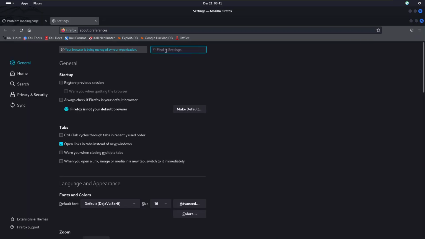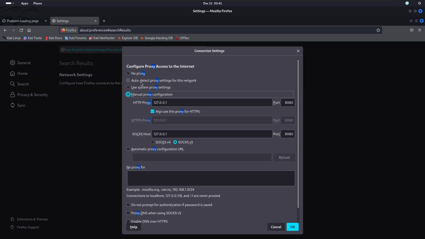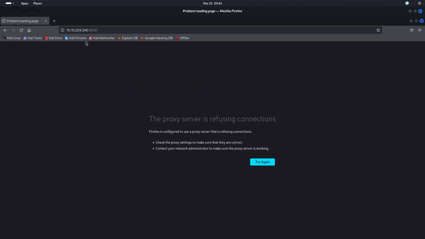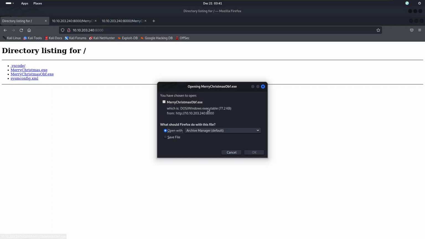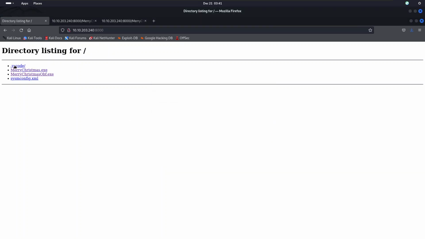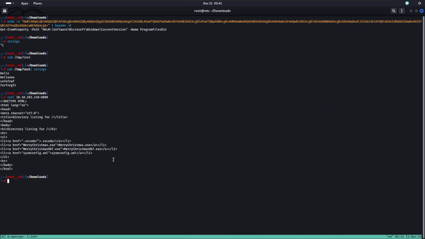Proxy, I beg your pardon, sorry for this. I forgot to, yes, it is set. No proxy. Reload. Okay, this is regular malware, this is obfuscated malware. I want both. Save. So my malware is stored here,